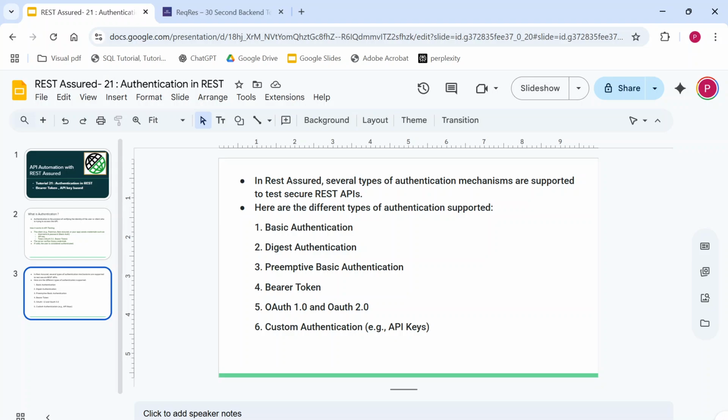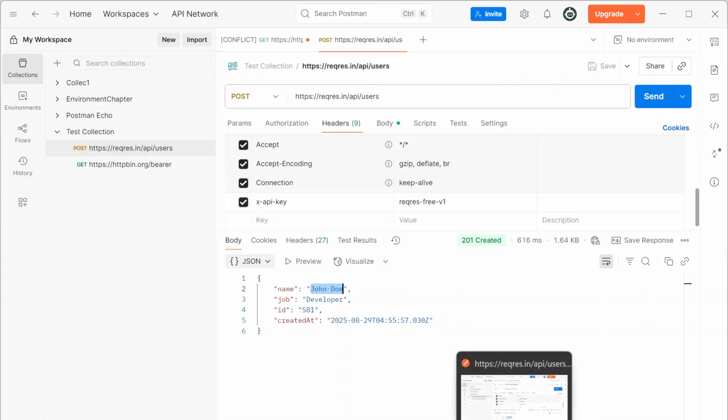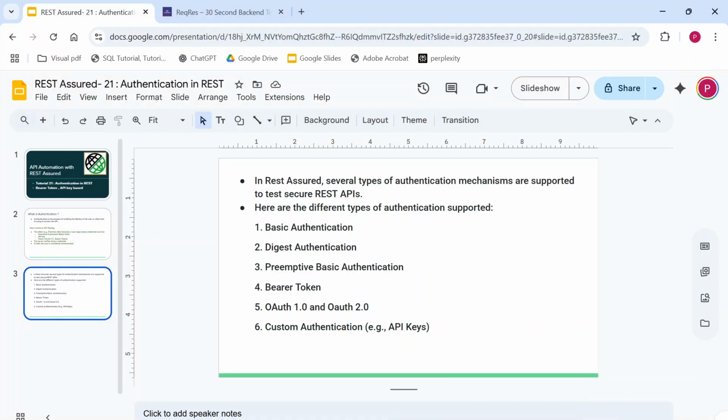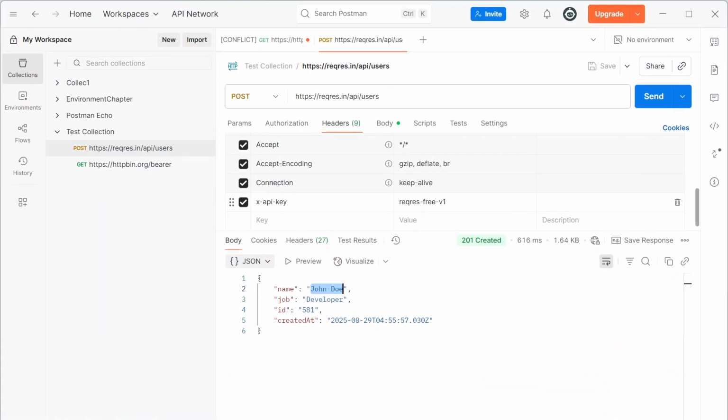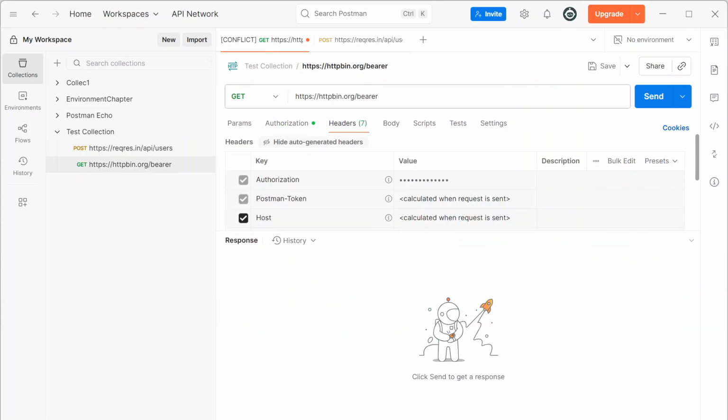So what we have seen is basic authentication, digest authentication, preemptive basic authentication, and custom authentication. This time for custom authentication, we have used API keys. So API keys we have to pass in the header. Now we will see one more example of bearer token. So bearer token is also one of the types of authentication which is used in APIs. So for the bearer token, I will use one more API. This is another API,